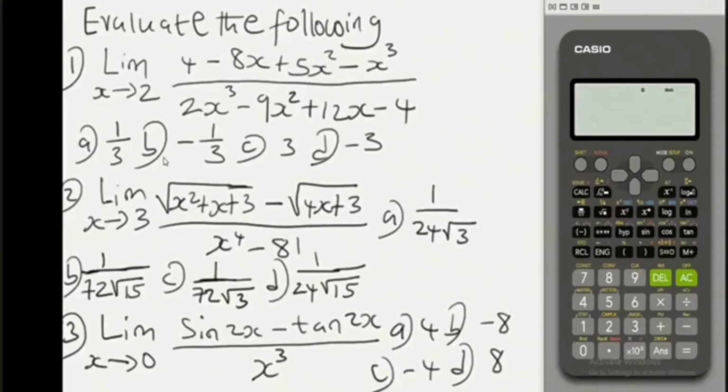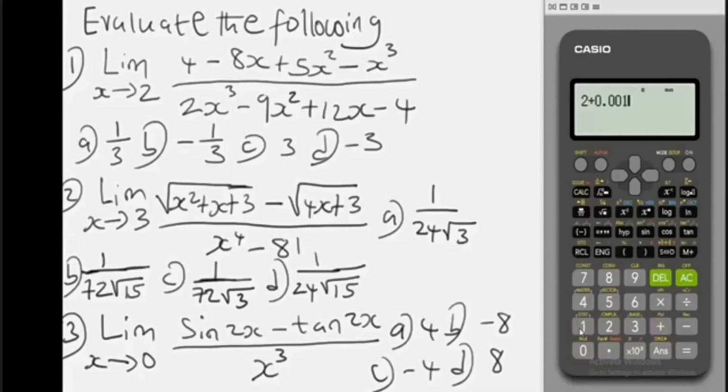Now, the idea behind solving limits of a function using the Casio scientific calculator is to add a constant to the number the limit is tending to and store it on the calculator. The constant I work with is 0.001. Guys, note it, 0.001. So in this question 1, the limit x is tending to 2, so we are going to add 2 to